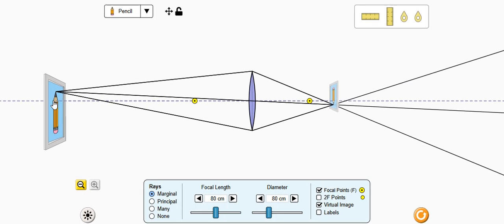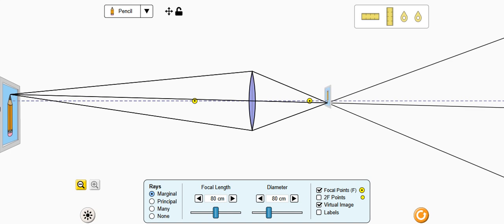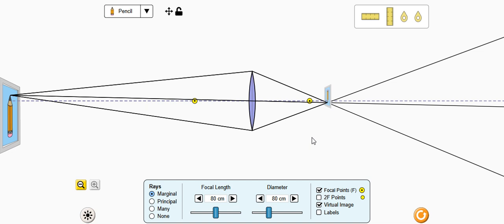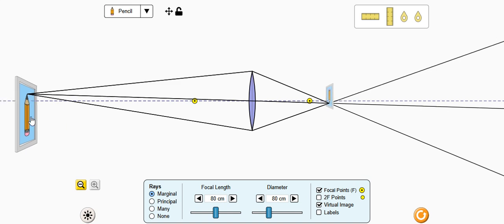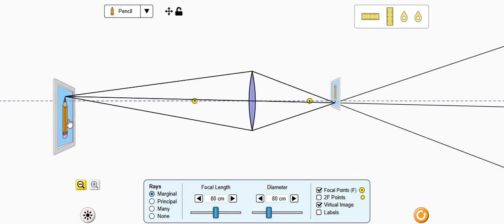Let's assume now the object is at infinity. We now see how the image is formed. That is where the image is formed, and it is behind the lens. You can see that when the object is extremely far, the image formed is near the lens. And now let's move the object towards the lens,